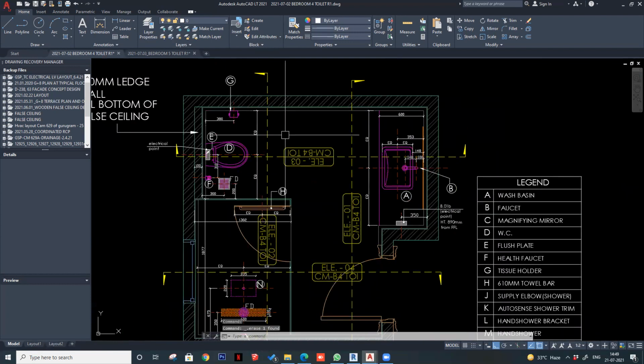This is the information you need from site. The next set of information that you need is from the MEP guy, or whatever your MEP drawings are of the project.